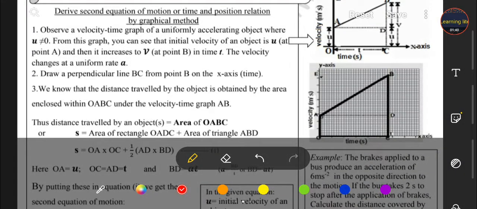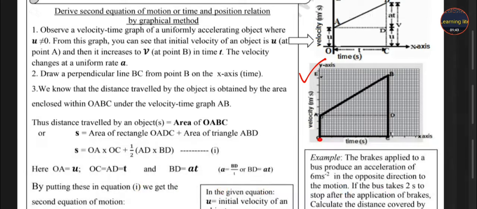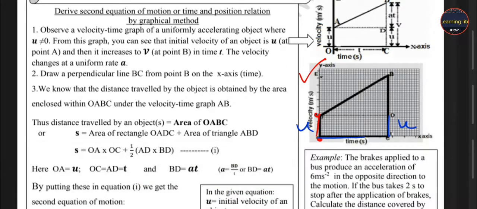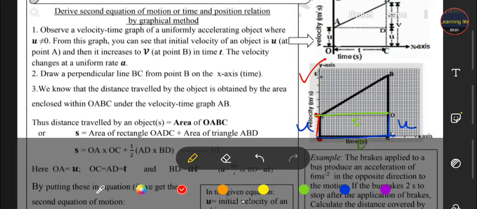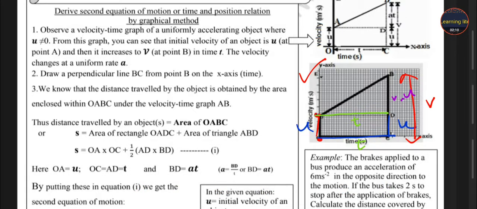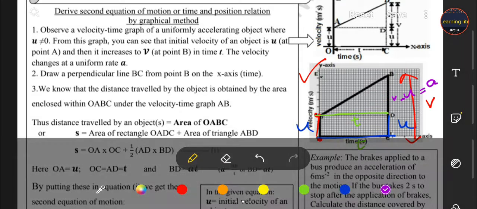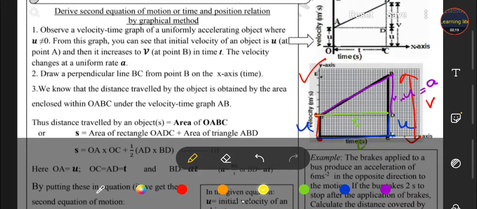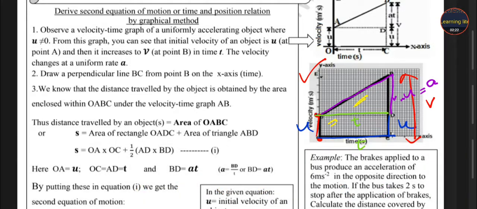First we have to mention it in the graph. Okay students, suppose our vehicle is here, it travels to A. It means it is its initial velocity, that is u, it is also u, and it travels time t. So it is time t and this is also time t. Students, this is the final velocity. Finally it reaches up to that and it is v and it is u. And this is our v minus u. V minus u means change in velocity, that is equal to acceleration. So there you see there are two shapes in that figure. First one is our triangle and second one is rectangle.